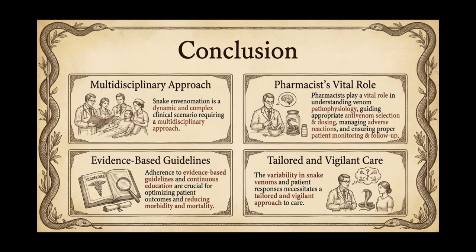Usually, an initial dose involves 4 to 6 vials, or up to 12 for severe cases. Maintenance doses often consist of 2 vials administered every 6 hours for 3 doses to prevent recurrent blood clotting issues. Another option is an equine-derived fragment that has a longer half-life, reducing the risk of late coagulopathy and low platelet counts. This antivenom is typically given as 10 vials initially, with additional doses based on the patient's condition.